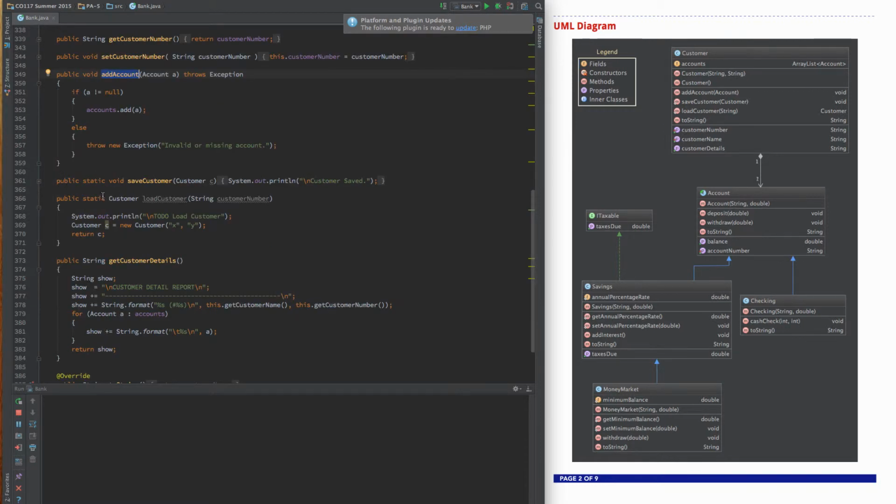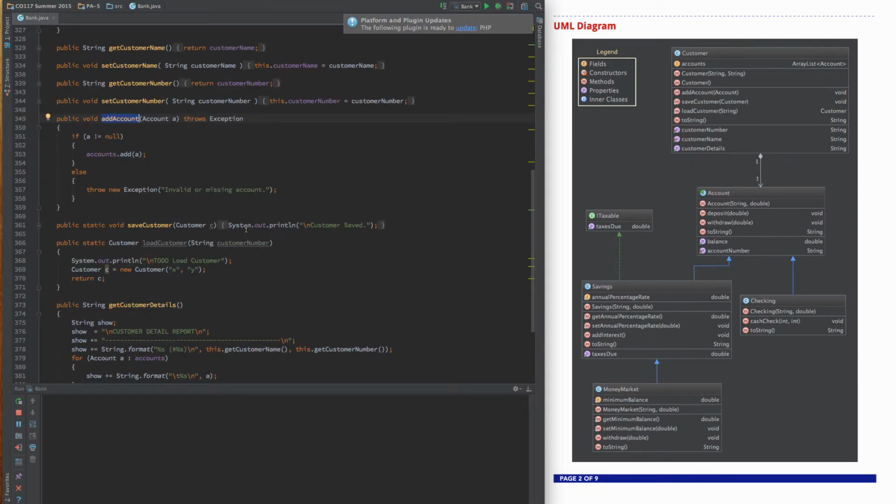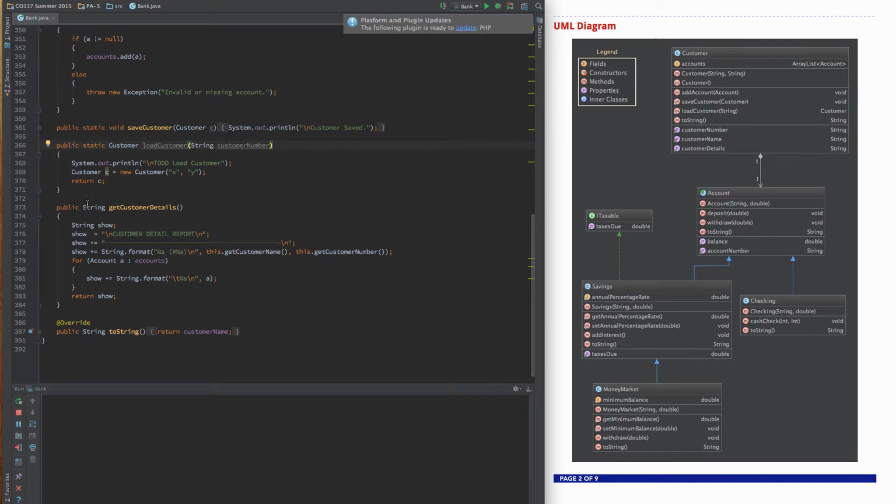My save and load customer methods are not complete. I did not implement these yet. But you'll notice they are both static, and at this point, they don't throw exceptions, but they probably would ultimately when I build them. They would have to be suffixed with a throws exception on the end for both save customer and load customer. Get customer details, it just simply returns back information,